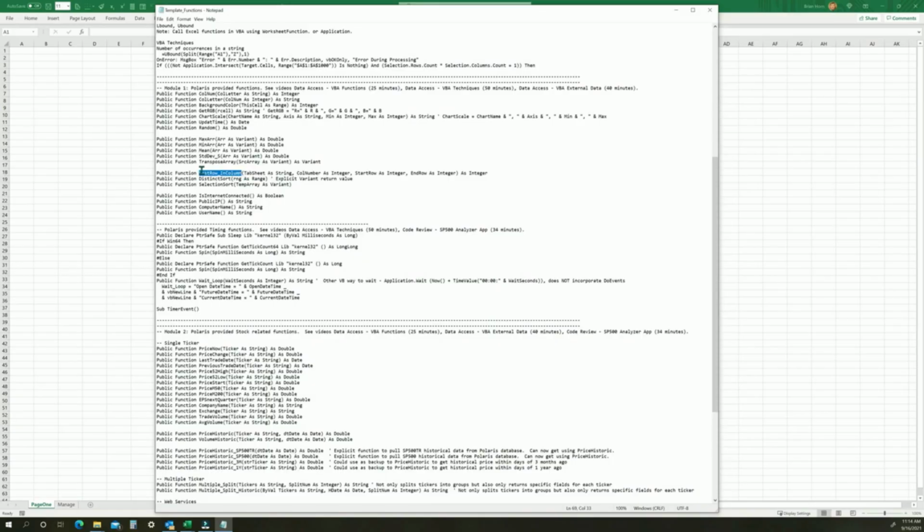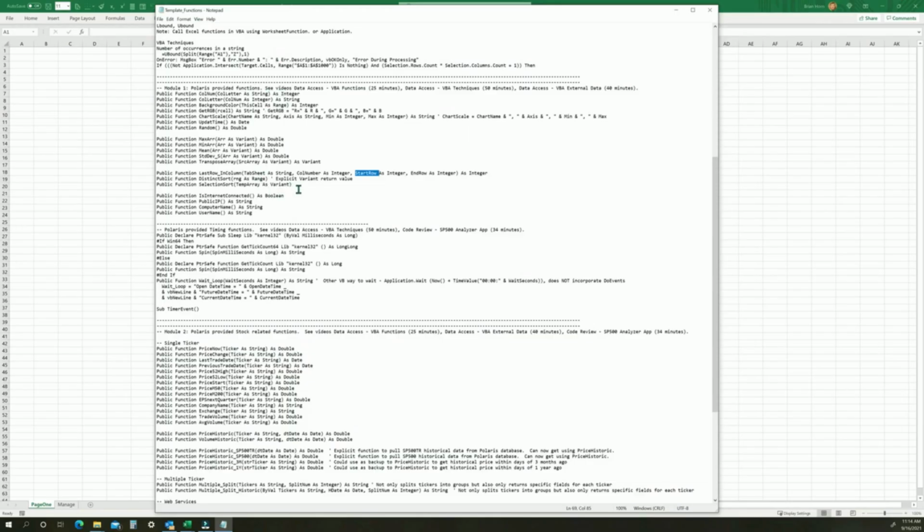But this just gives you a very explicit way. You can specify the exact worksheet, or here's the starting row, ending row, what column, and it'll tell you exactly where the last non-blank row is in that particular column. DistinctSort and SelectionSort, we've already discussed those a little bit, but they should be used instead of more elaborate techniques